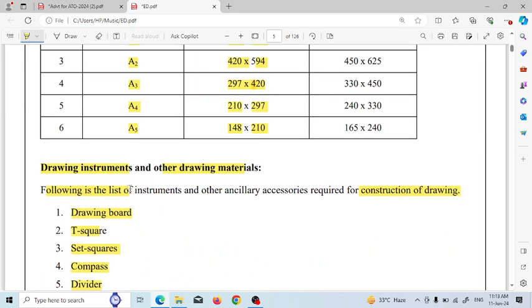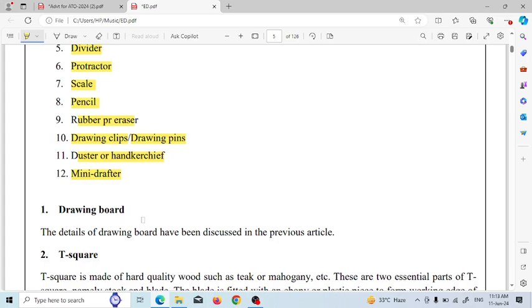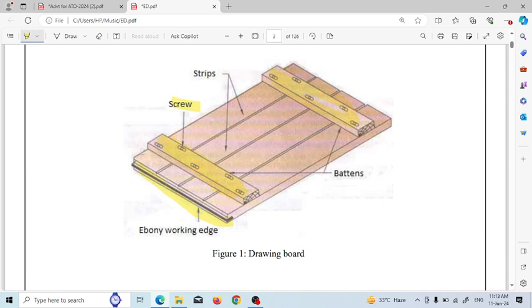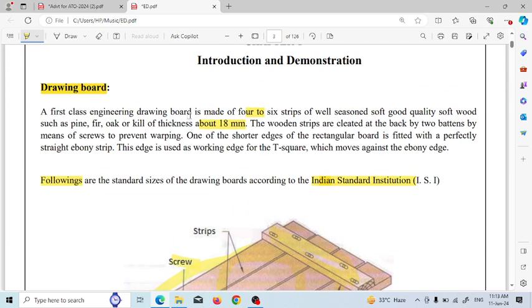So first is the drawing board. The detailed drawing board has been discussed previously. This is the drawing board. See the drawing board. We have to discuss the first